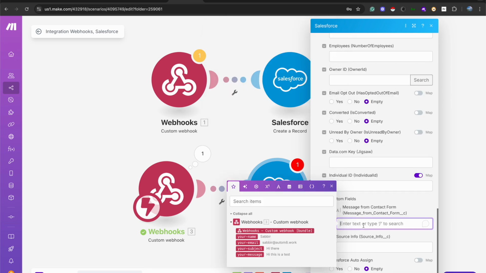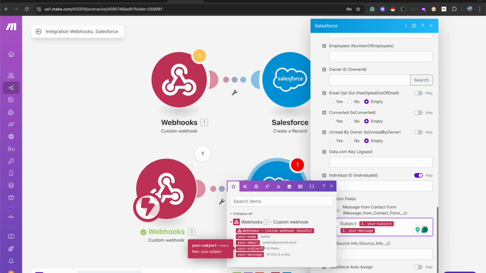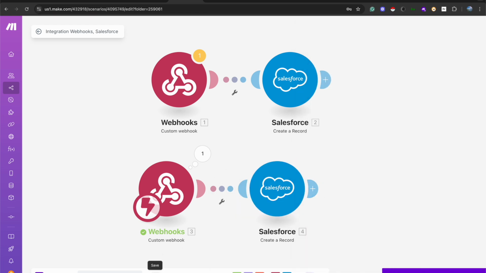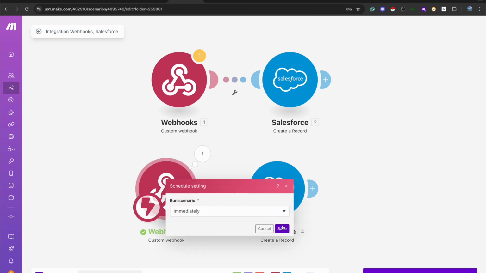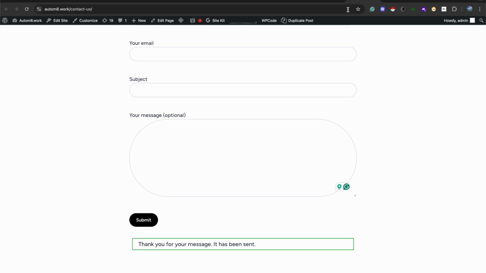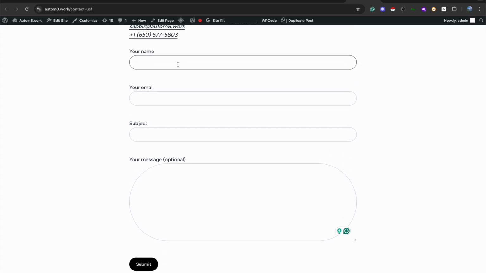Now we need the message. I already created a message field in Salesforce. I'll just put it in here. I'll set subject equal to the subject from the payload, or whatever comes from Contact Form 7. And I'll save this thing. I'll save the automation. I'll turn it on. Yes, I want to run it immediately. And now every time I submit this form,